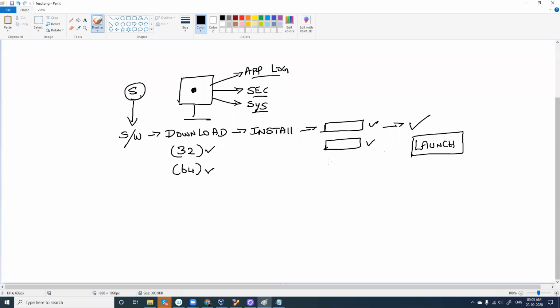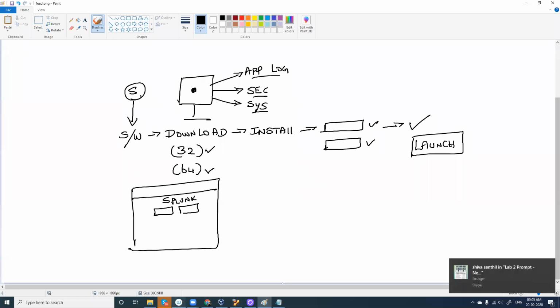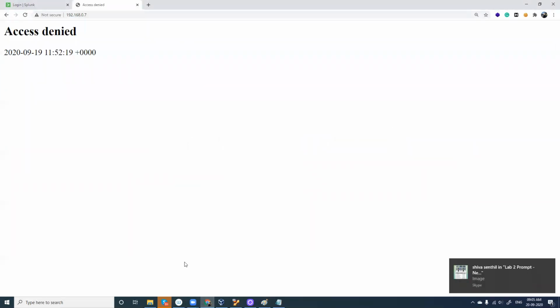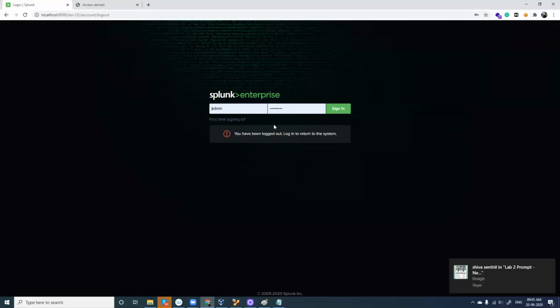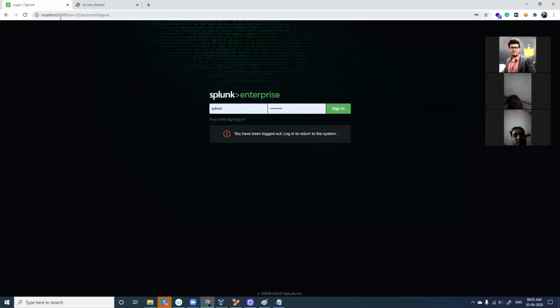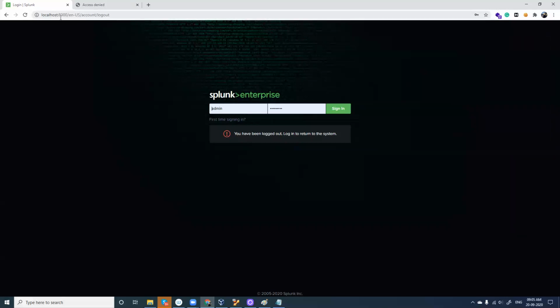When you run this, it will open up in a browser like this. In your browser, it will come up with the username and password; this is the Splunk login page. You'll have Splunk Enterprise. This Splunk uses port number 8000, and it runs on your localhost. I have created my default username as admin, and I've kept some password. After entering your username and password, if you click sign in, it is going to log in.